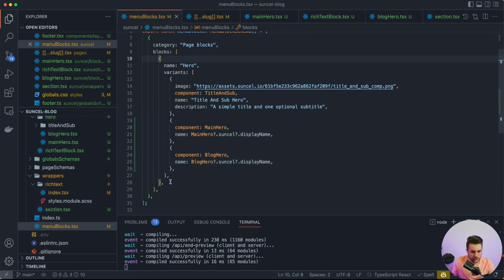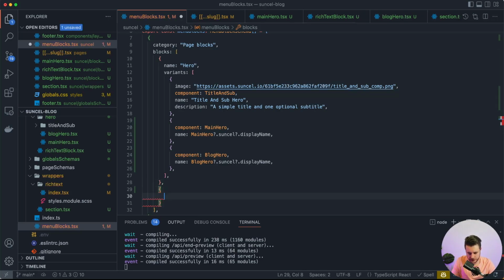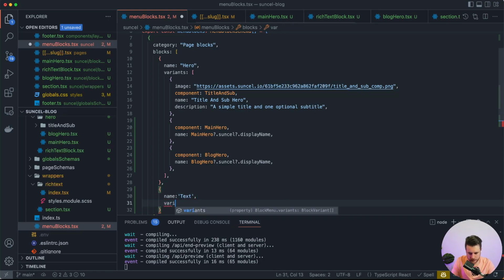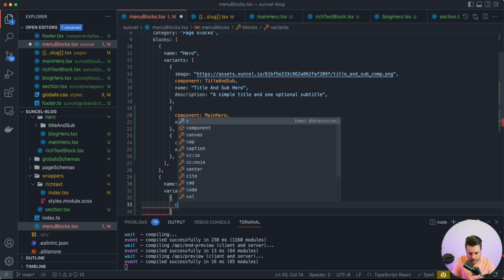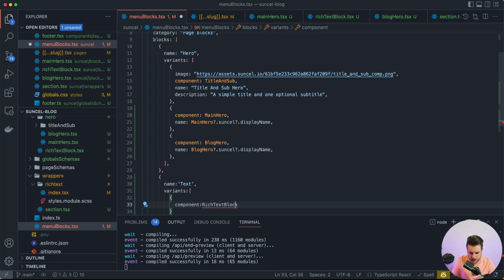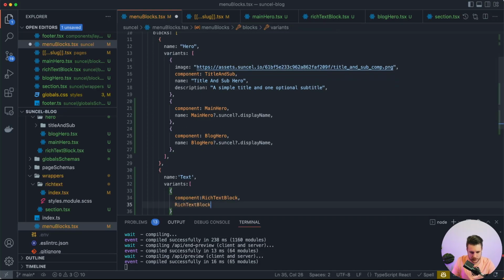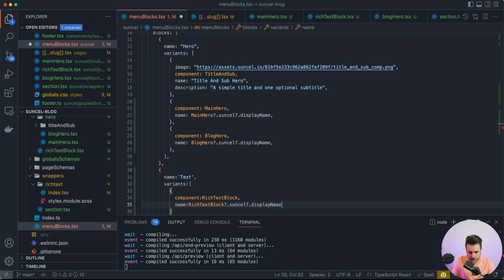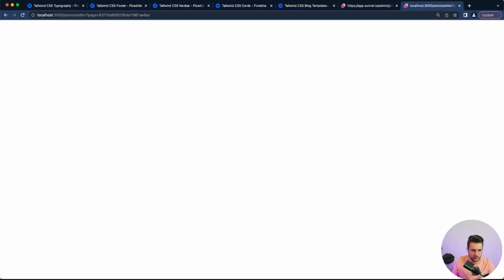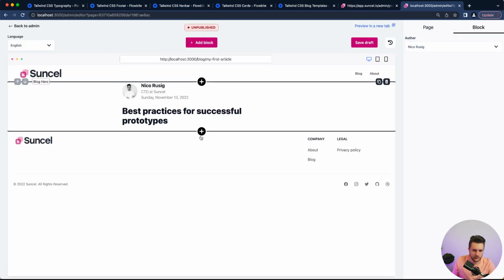And for example, we will just put it inside. So it's not a hero. So let's define a new type. It will be just text and variants, and we defined our component, so the component will be Richtext Block. We import it, and for the name we will use, like for the other one, the one that we have defined inside the Suncel display name. Okay, so this time if we come back and we refresh, we will be able to add